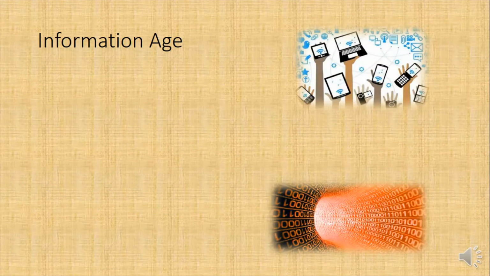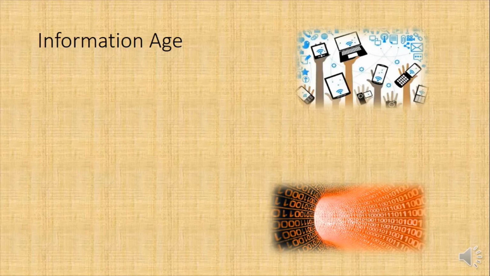Which leads us to the Information Age. One of the things I want you to make sure you write down, this is certainly going to be on the test. Those first three ages, the Stone Age, the Bronze Age, and the Iron Age, are really focused a lot on materials. Then the Industrial Age is when we stopped focusing so much on materials and started focusing on process. In the Information Age, we still focus on process, but we now focus more on the acquisition of information,